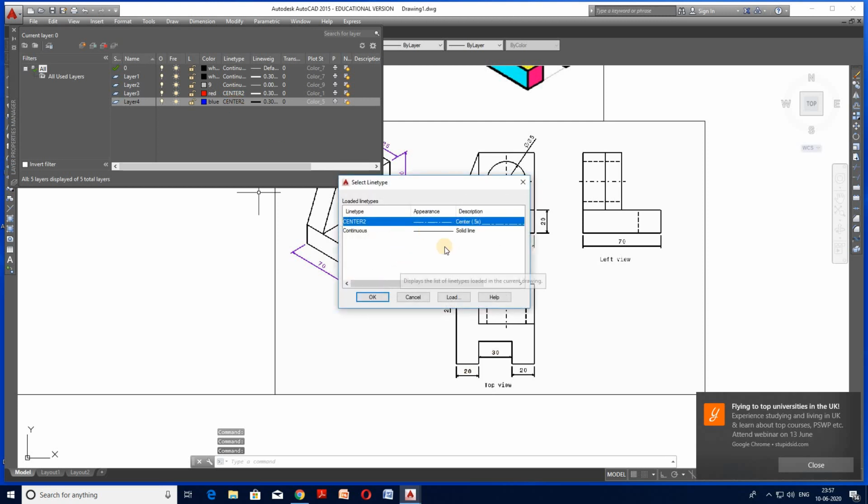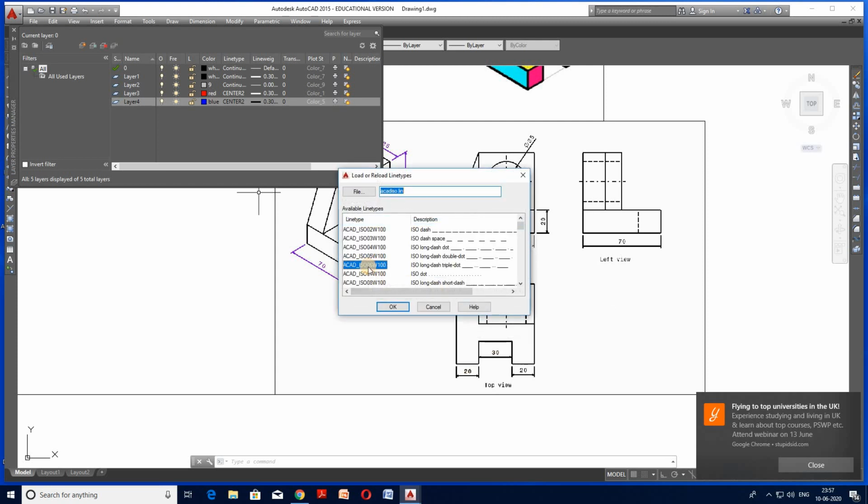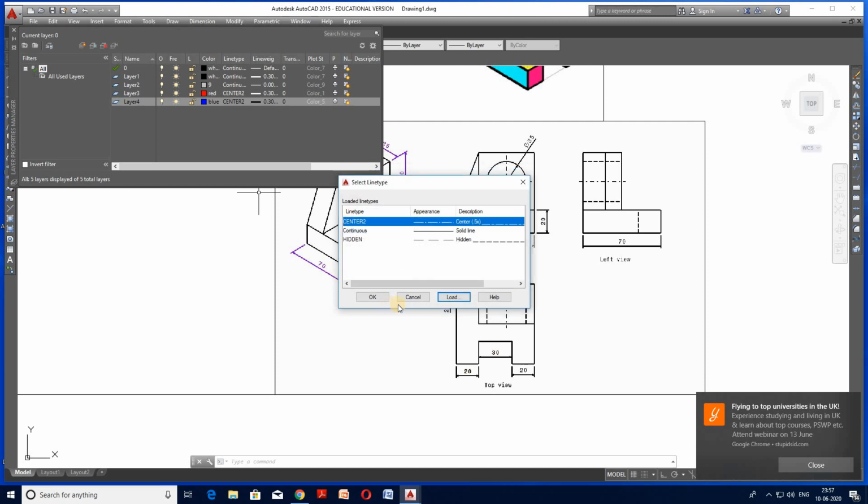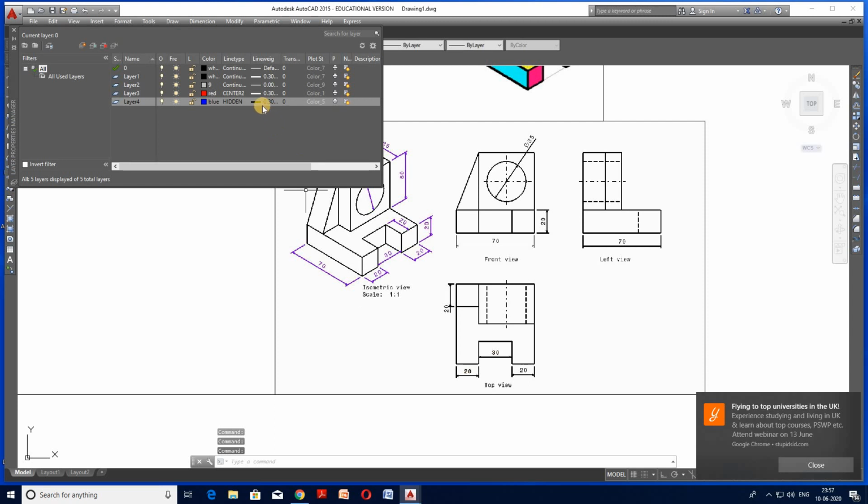Click over line type. It's hidden. Since it is not there, you can load it by using the load button here and select from the list hidden H. Select this hidden, OK, and then the last OK. By this means you can add the different layers. Then you can close this layer window